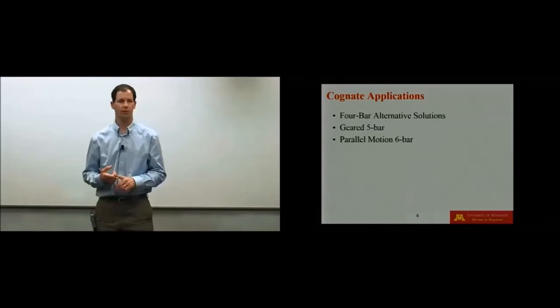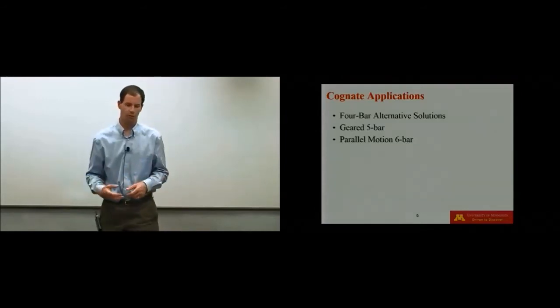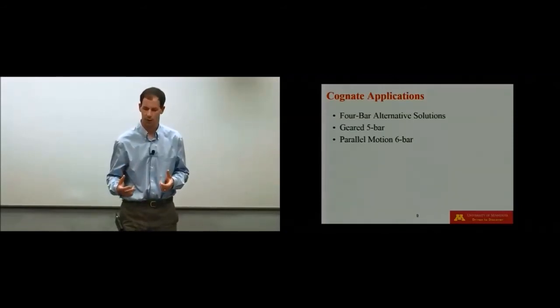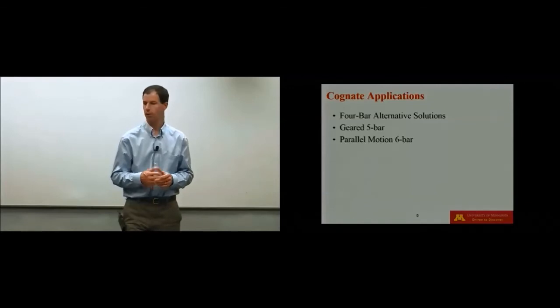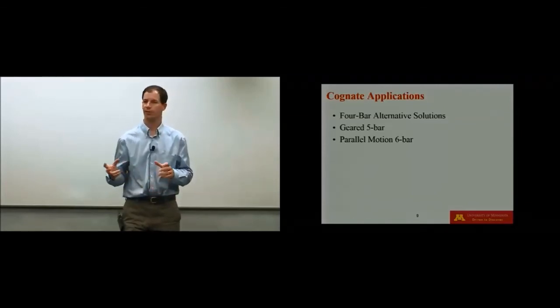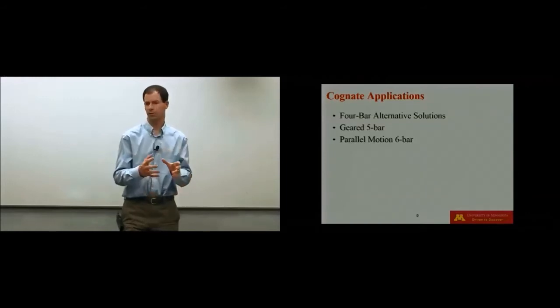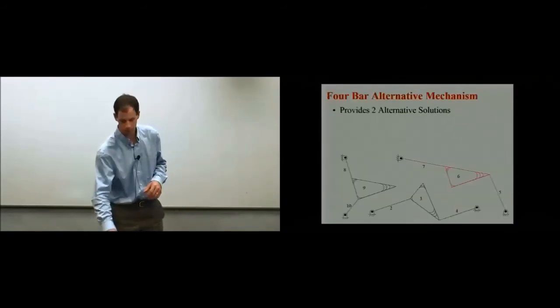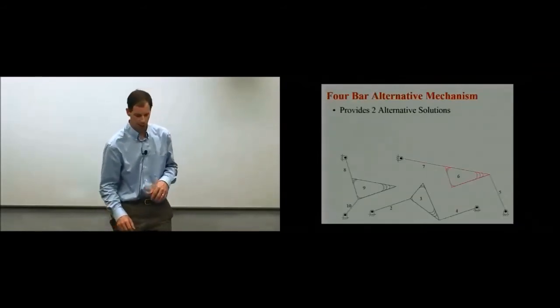First one is looking at 4 bars and how we create some alternative solutions there. The second one we'll move into approximate or using a 4 bar to approximate a geared 5 bar, or vice versa. And then we'll talk about a parallel motion 6 bar, which gets us very complex or fairly complex motion while still being able to have a coupler that is parallel at all times. All right, so talking about a 4 bar mechanism,